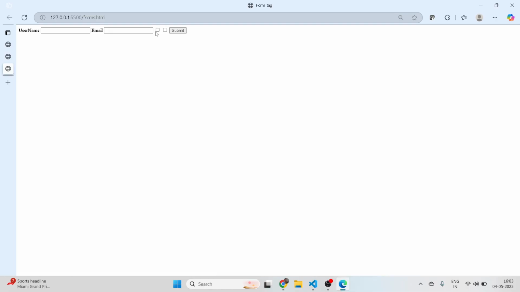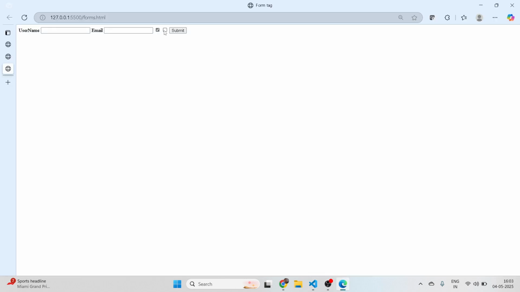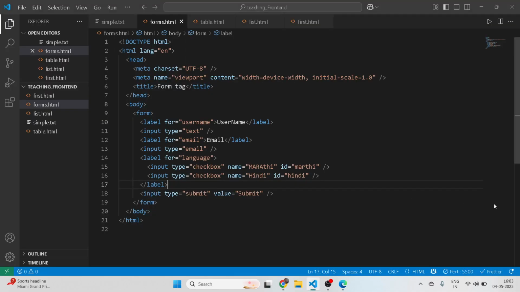So it's a checkbox. We can select more than one option. You can see just boxes, right? You are not seeing anything because you have not written anything. So if you write Marathi here and Hindi here,